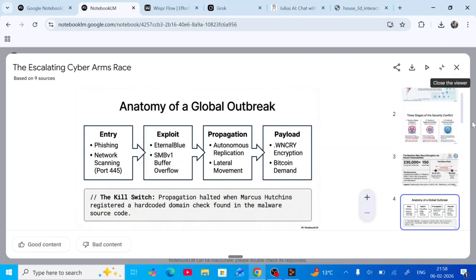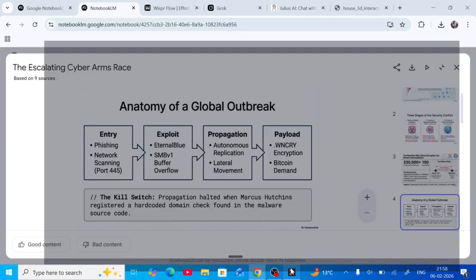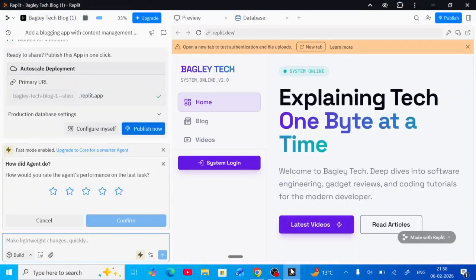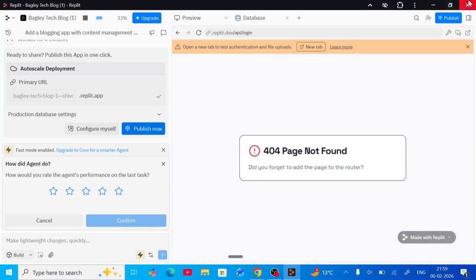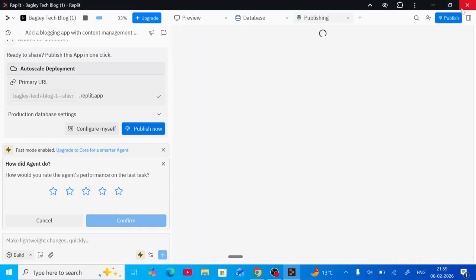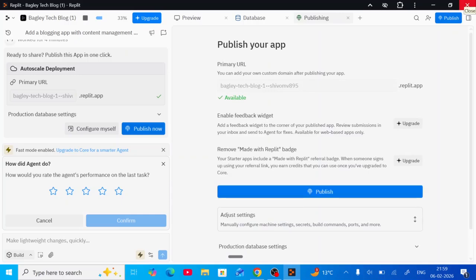Now let's see if Replit has built the login app I gave it. As you can see, it has created my Bagley Tech login page for latest videos, articles, everything. System online, latest video, and it's interactable too for latest video, system login, everything. And you can publish it from here if you have a custom domain and everything. So yes,